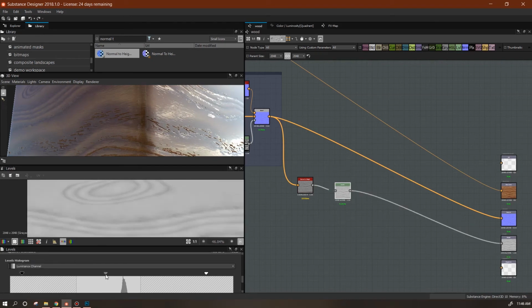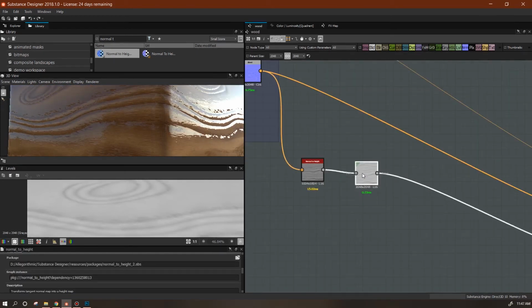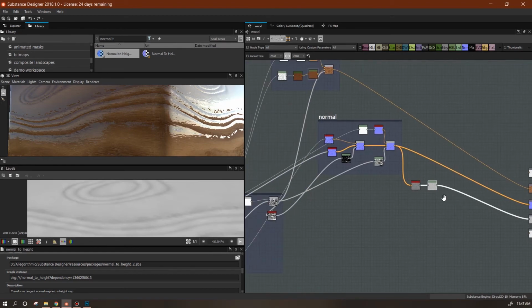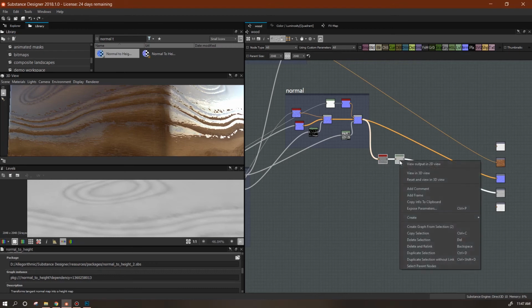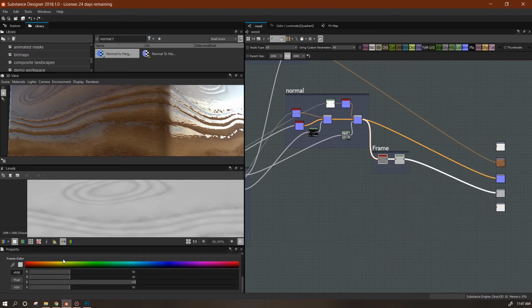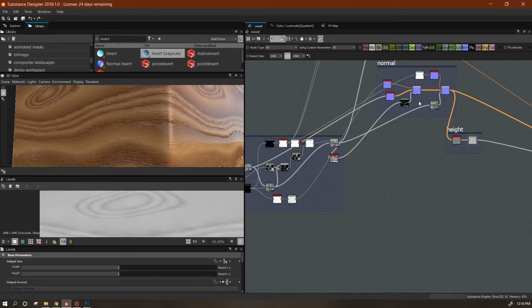I do want this relatively flat. I mean, it's a piece of wood, but it'll help with the normals. And what it'll also do is give us a base for our roughness. I'm off my notes here, so I'm trying to figure out a way of getting this roughness done, which is going to have to be different than I originally did it. Okay, so now what we need to do is create our roughness map. And we're going to base it off of these normals. We're going to use the same mask, so